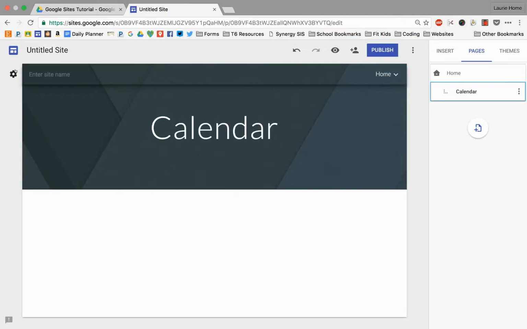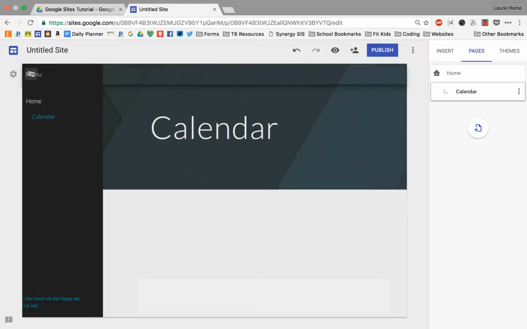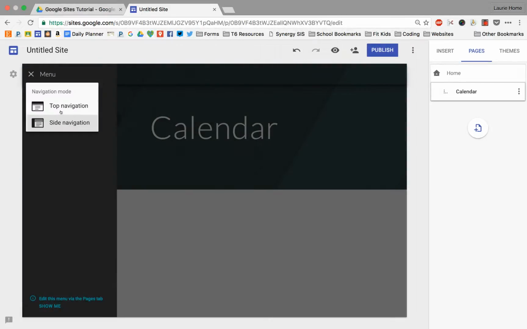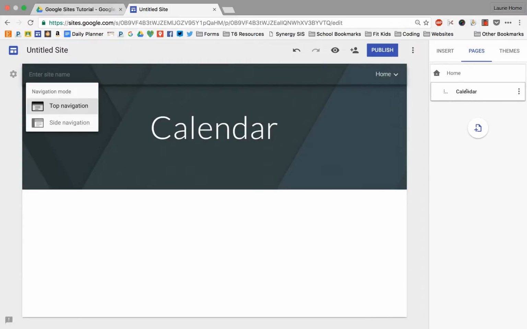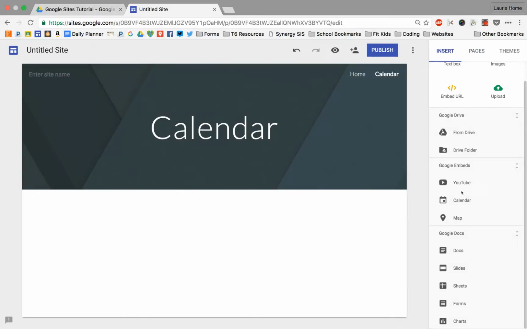You can also choose to go to side navigation. So now it would be that type of underneath here, or back to top navigation here. And you can change the layout, the numbering of any of the pages, how they lay out there. If I was going to add a calendar there,